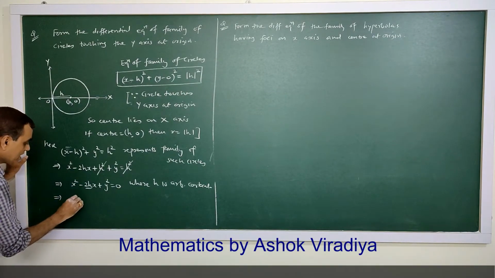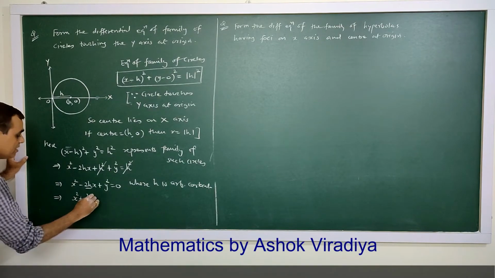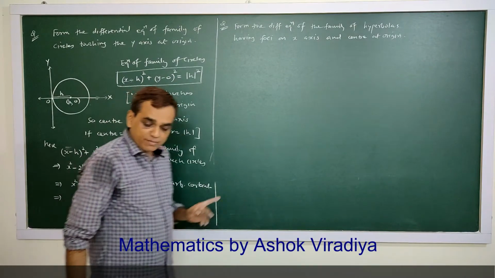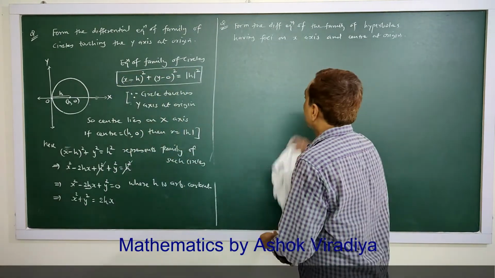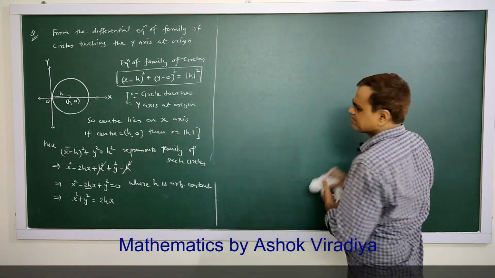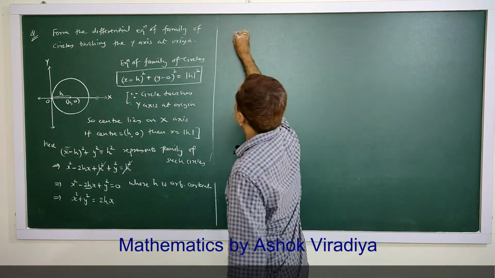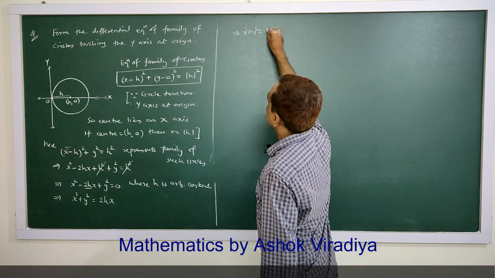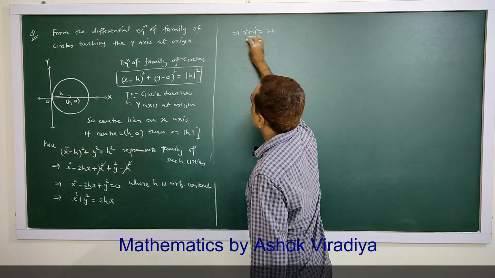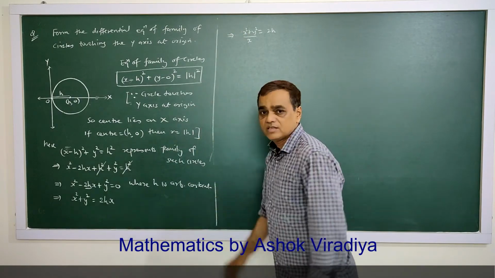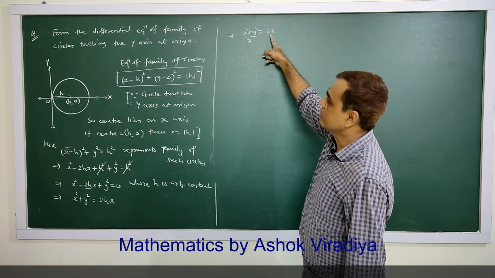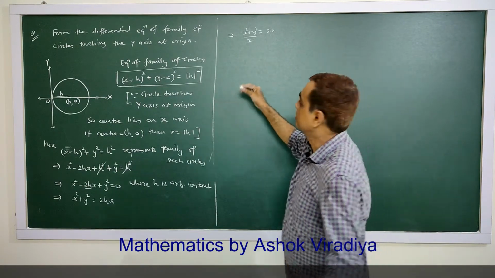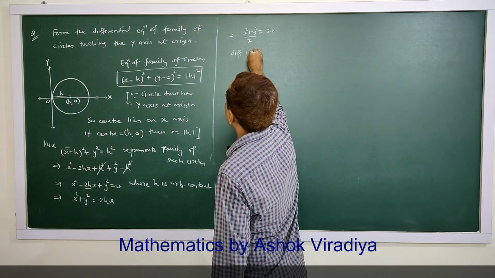So what we do: x square plus y square is equal to 2hx. That is, x square plus y square over x is equal to 2h. Now 2h is a constant. Now we take differentiation. So differentiating with respect to x,